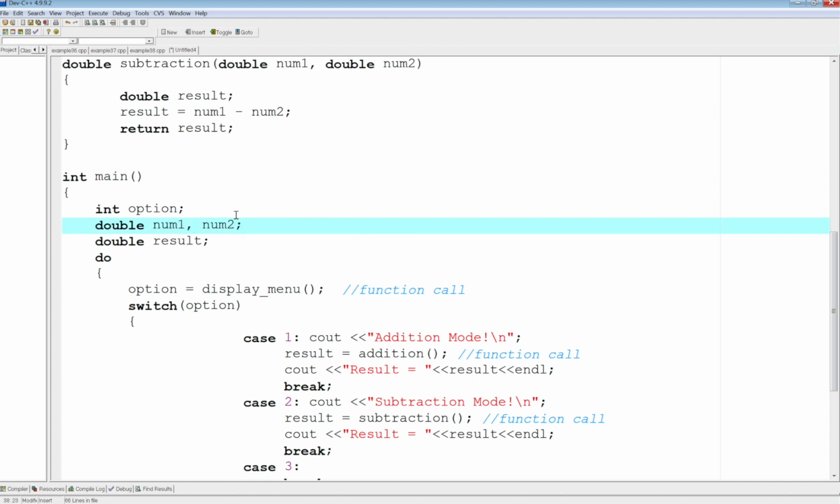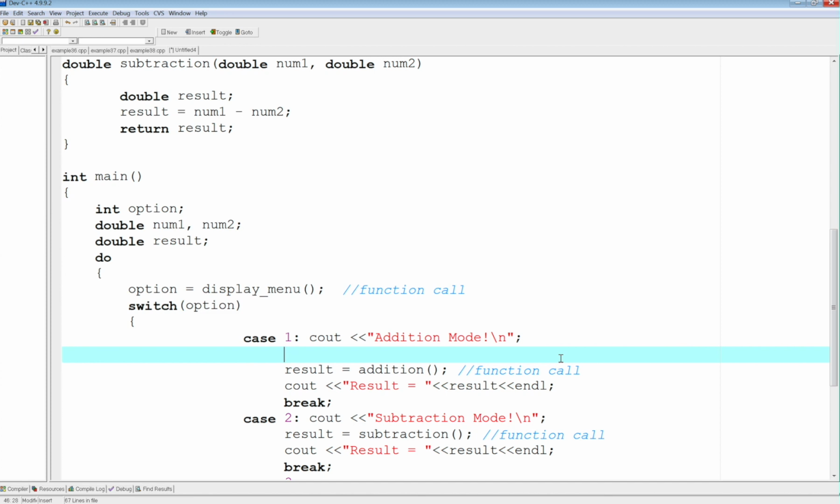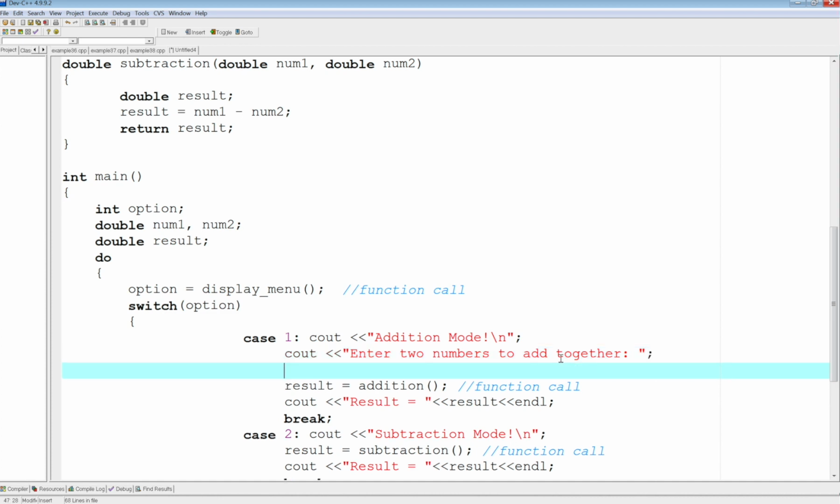You need two variables, local to main, and then you will ask the user right here: cout, enter two numbers to add together. Maybe something like this, cin num1,